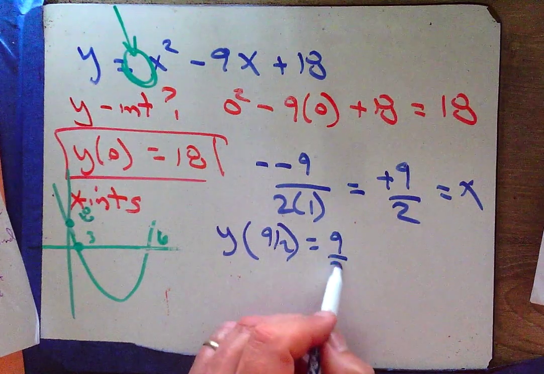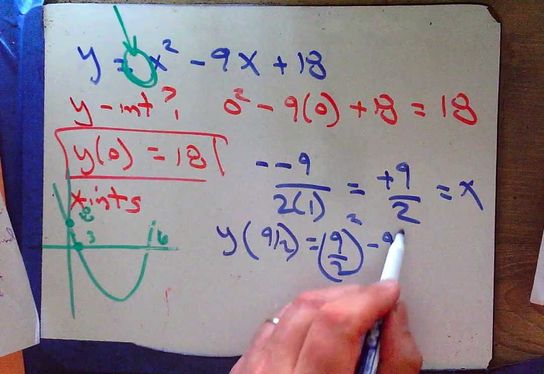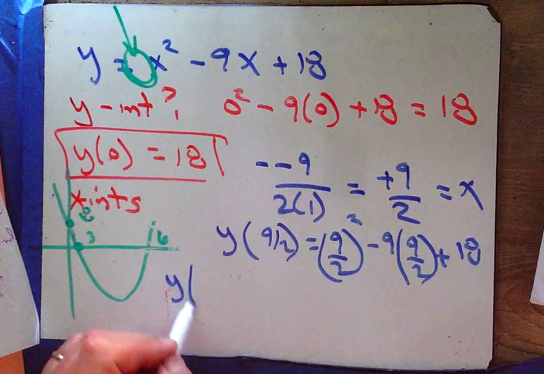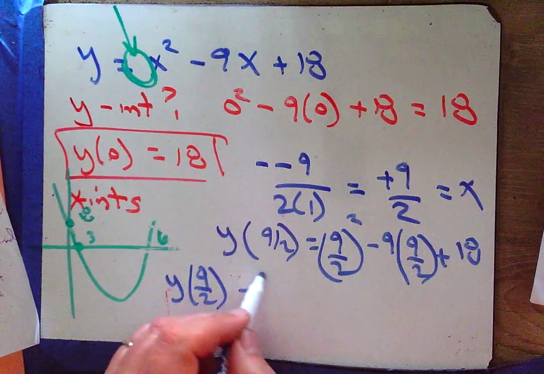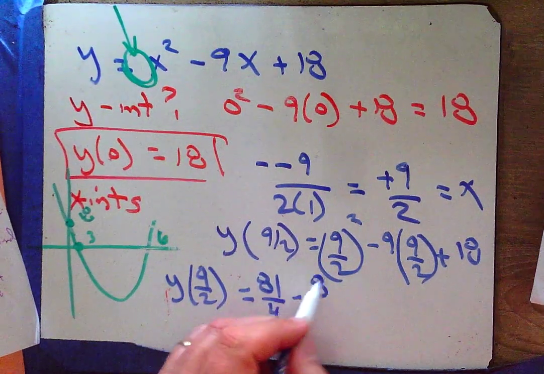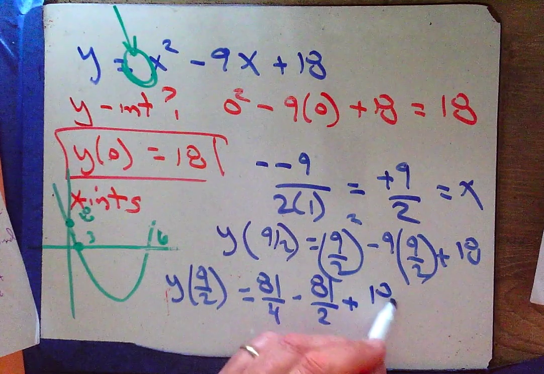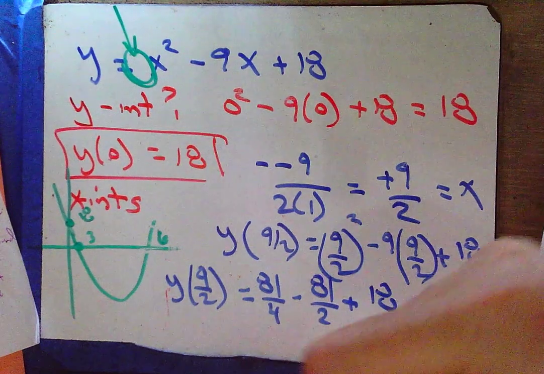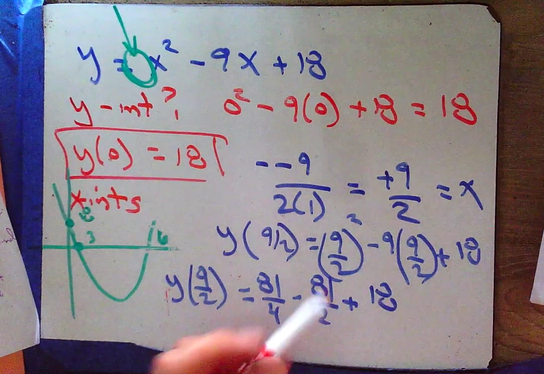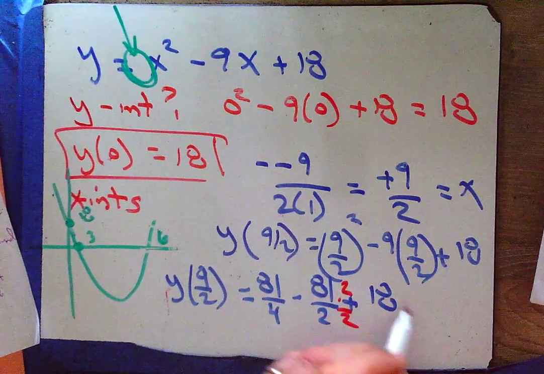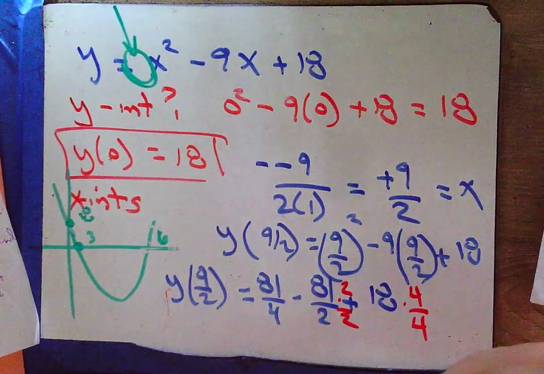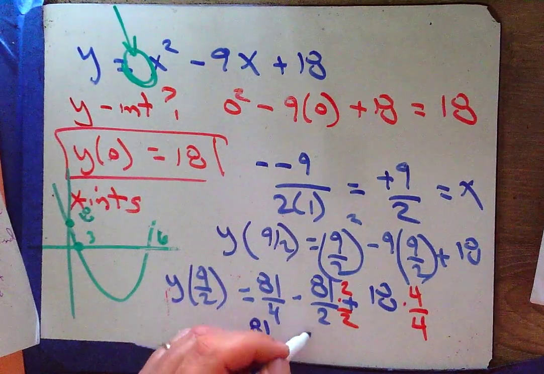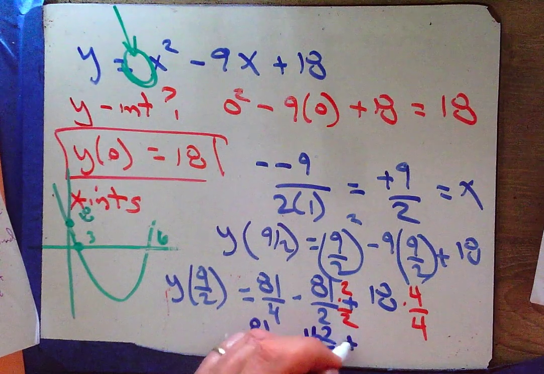That's going to be 9 halves squared minus 9 times 9 halves plus 18. So y of 9 halves equals 81 over 4 minus 81 over 2 plus 18. Well, I think it's time to make a common denominator. And remember, it's not just the top I multiply by, but top and bottom. So that's going to give me 81 fourths minus 162 fourths plus